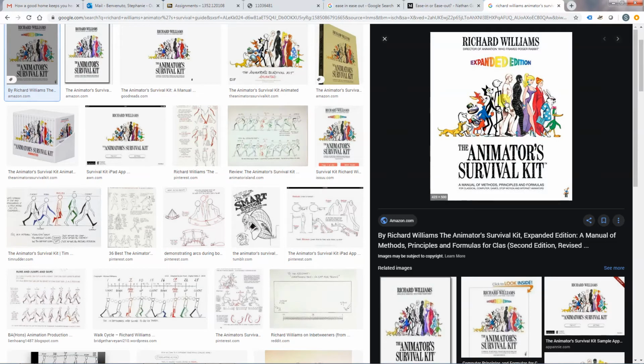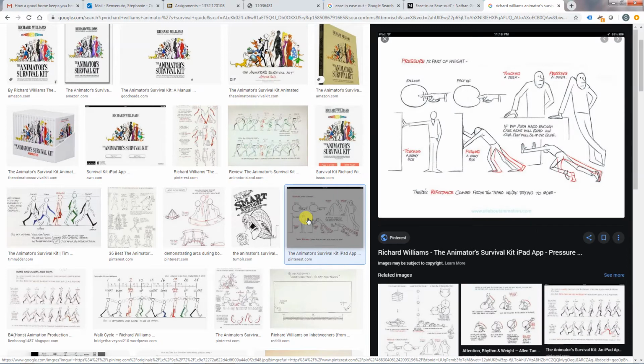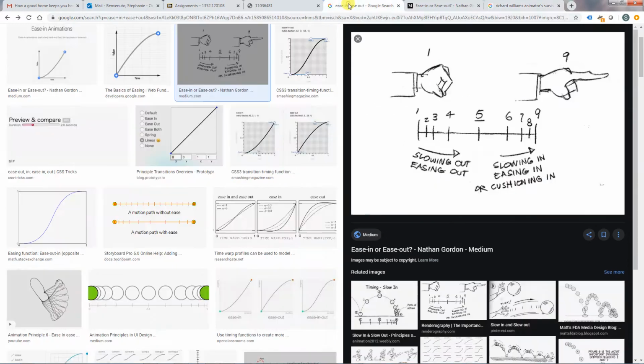A lot of people call this book the Animation Bible, and it breaks down everything about how animators work. I'd say it's a fantastic resource. It's not the be all and end all of animation, but it does a lot of good.